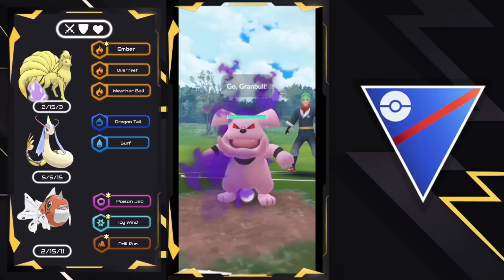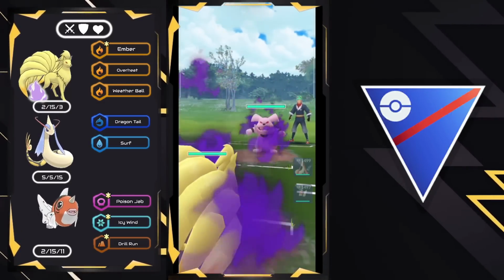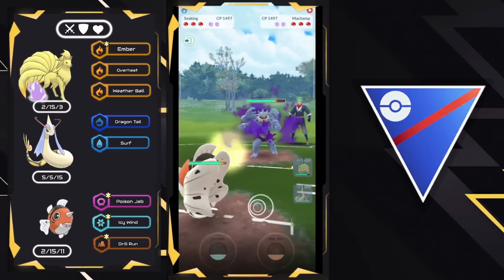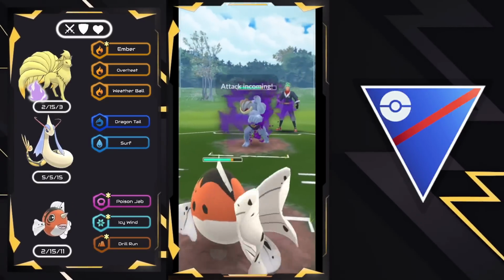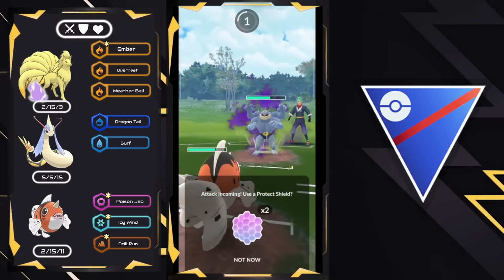All right, we got Ninetales versus Granbull. Shadow Granbull here on the lead. So that is a very, very nice lead for us. We will see them swap out right away into Machamp, so I'm going to come in with the Seaking right here. And this is that matchup where we just want to go straight Icy Winds and slowly debuff the Machamp